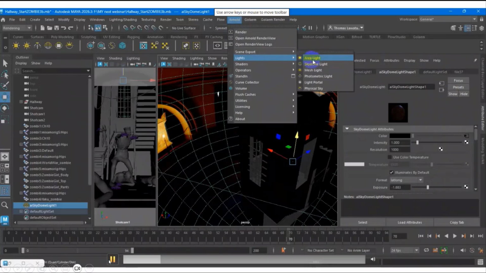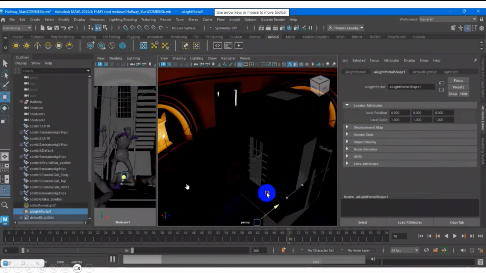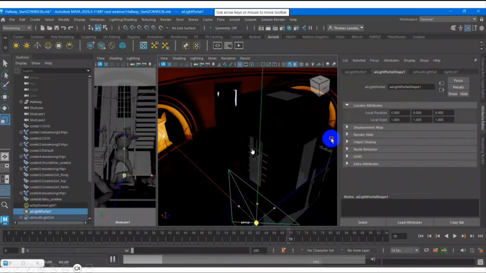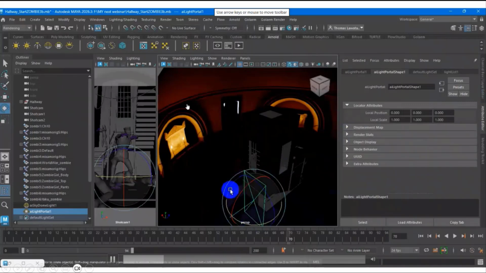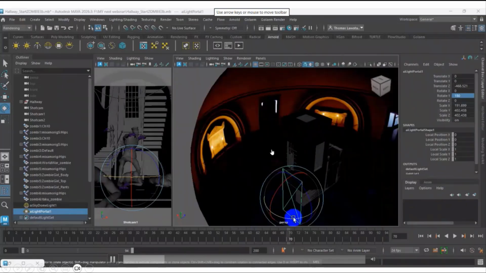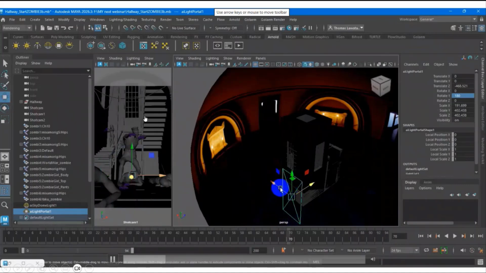Okay, so next we can put the light portal. Let's say I put one on every window. Number one, I want to reduce the noise. Number two, I want to absorb the lighting from the AI skydome into the interior, because this is an interior and we want it to look more natural.